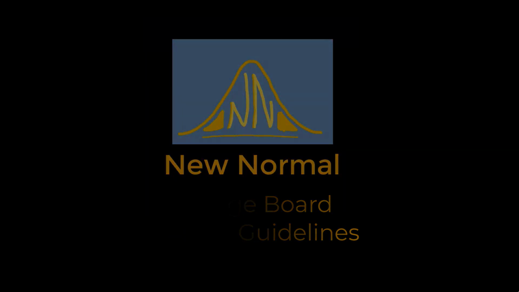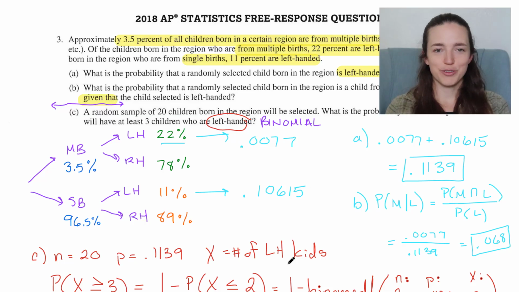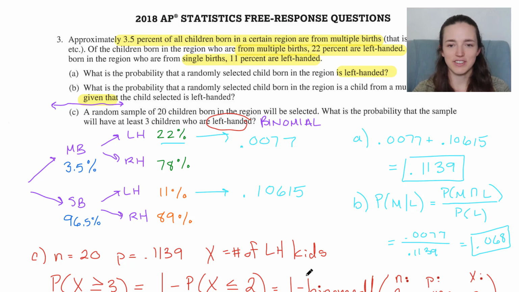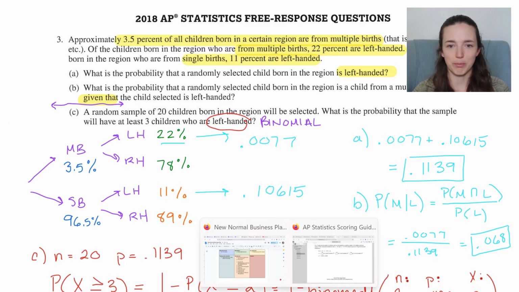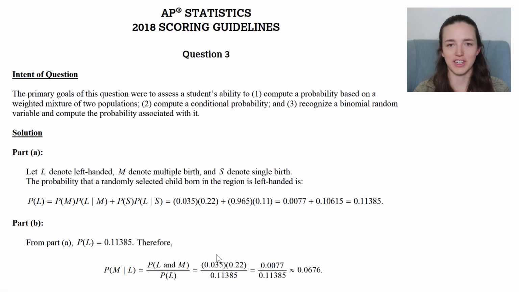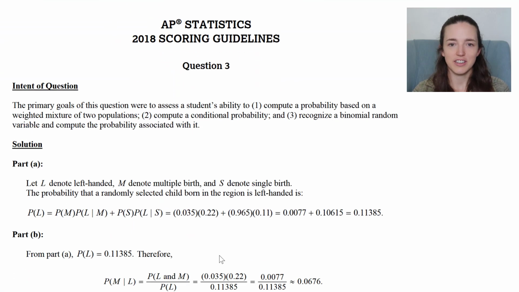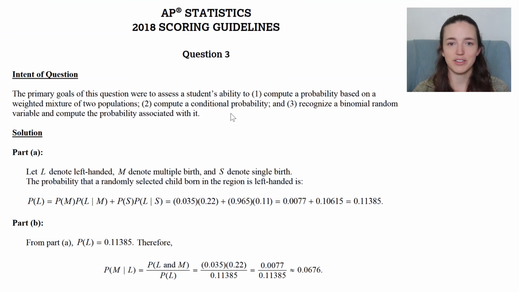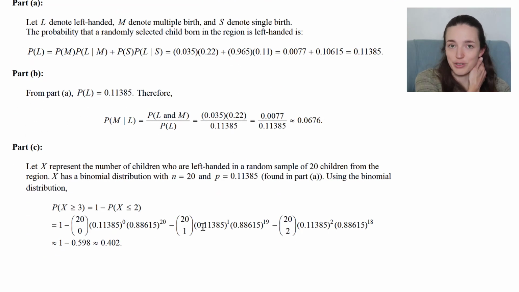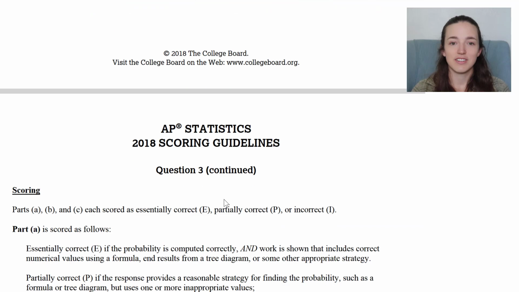it. Okay, so we're going to look through scoring guidelines for this question from the 2018 exam. This was a probability question. You can see me do this question in this video. So first thing you'll see in the scoring guide, and these are all available online on the College Board website, they tell you what the point of the question was, and then they give you the solution, and that's where you can check to see if you just got it right or wrong. Honestly, that's probably all you really need to look at, but after that, they will show you how it was